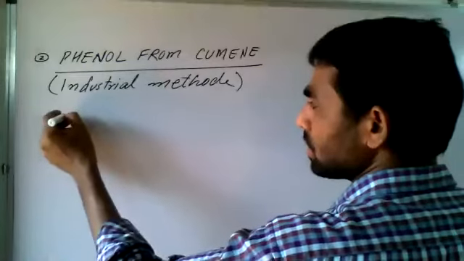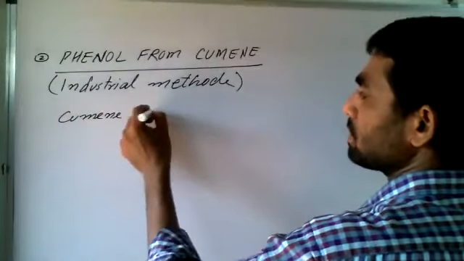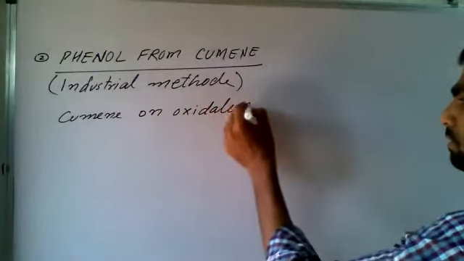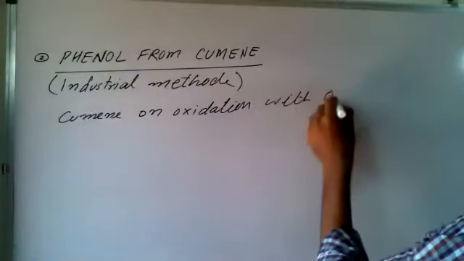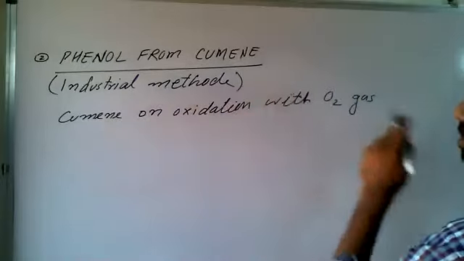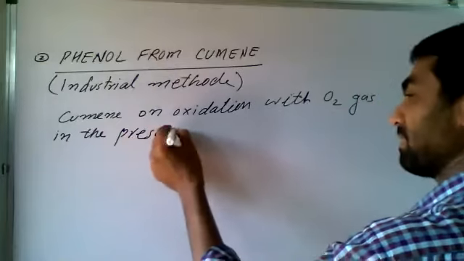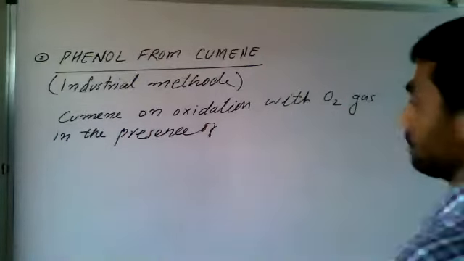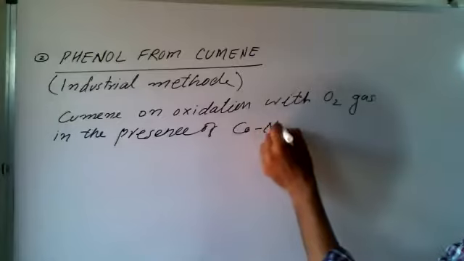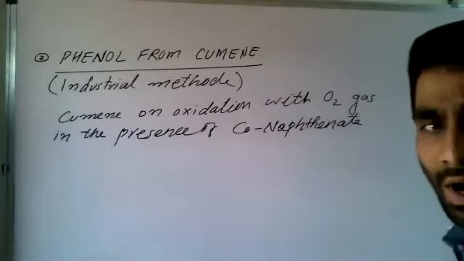Cumene is reacted with, or on oxidation, cumene on oxidation with oxygen gas, cumene on oxidation with oxygen gas in the presence of cobalt naphthenate as a catalyst. In the presence of cobalt naphthenate as a catalyst,